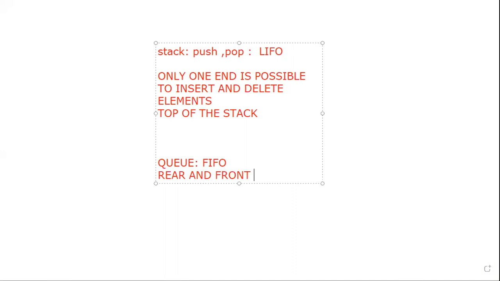These are the two ends, and the operations for inserting and deleting, instead of push and pop, are called NQ and DQ. These two are the operations.